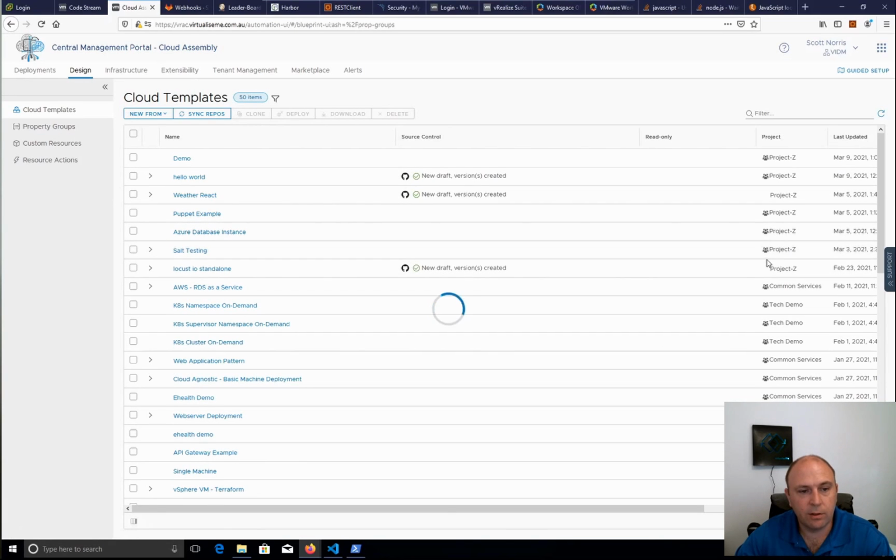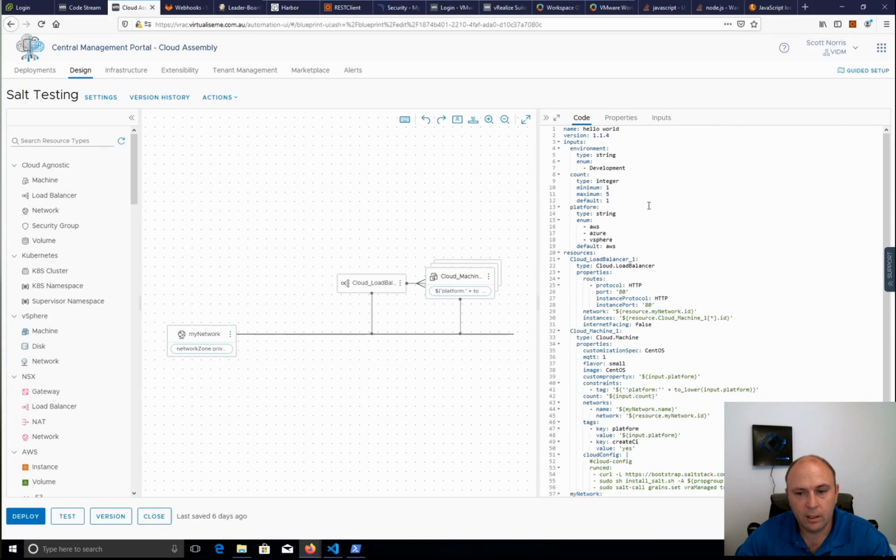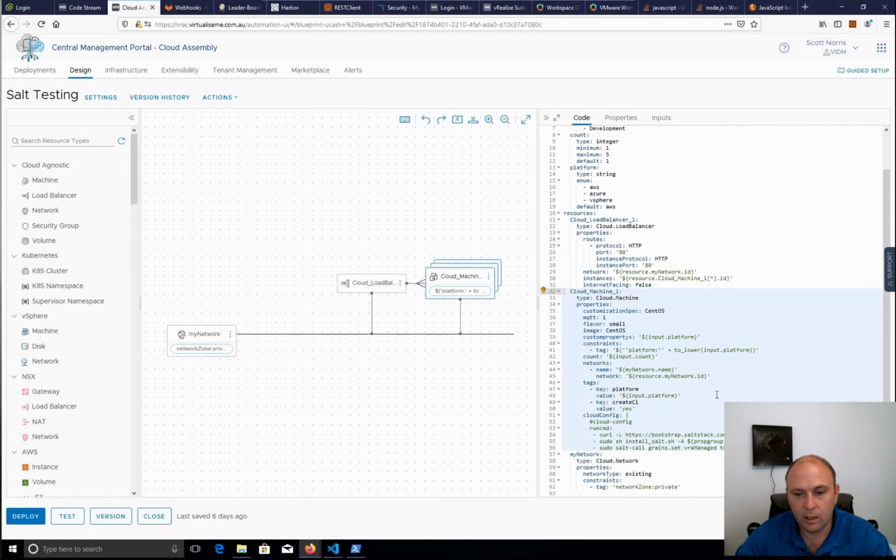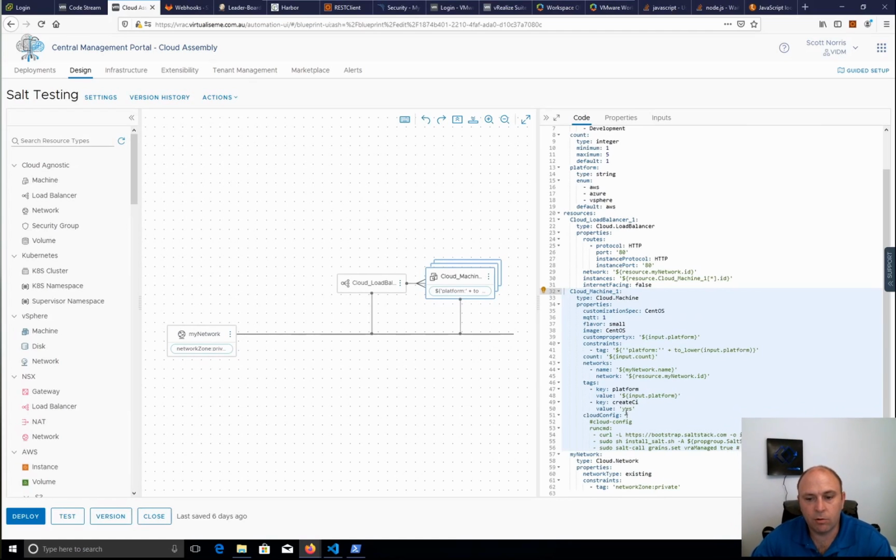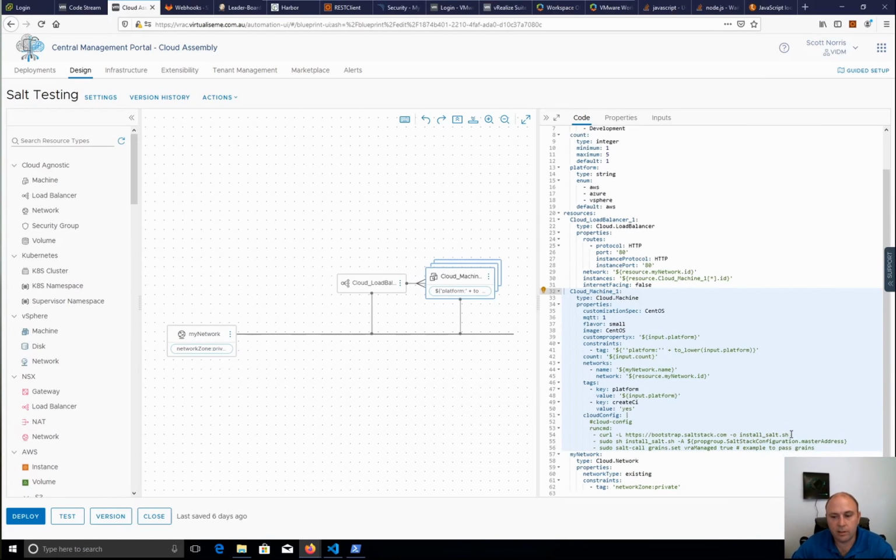So let's have a look at the Salt testing there. Now we can go to the machine, and we can see here we have to do the integration through the cloud config. You can see I run CMD. Now I'm doing an online install, so obviously if you were